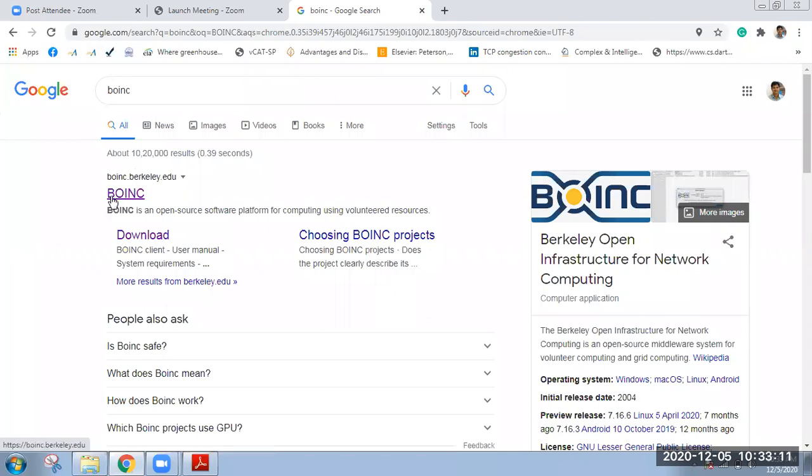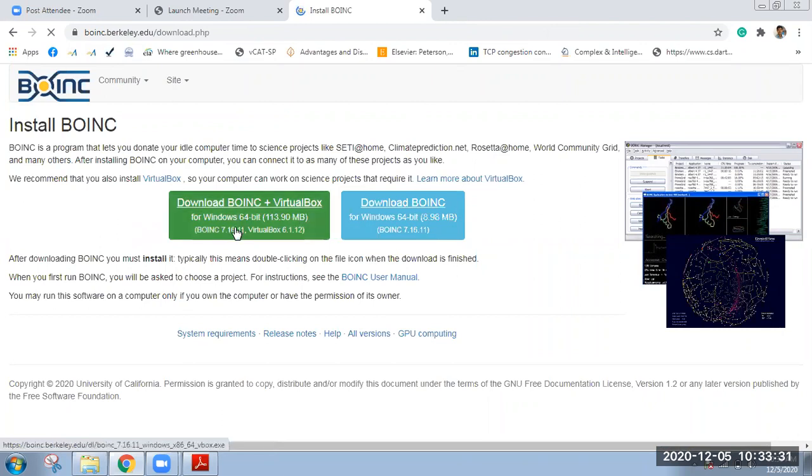The BOINC platform is supported on various operating systems. If your computer system has Windows, Linux, Android, or Mac operating system, you can install the BOINC platform. There is a download button, you can directly click download, and there are two versions available.